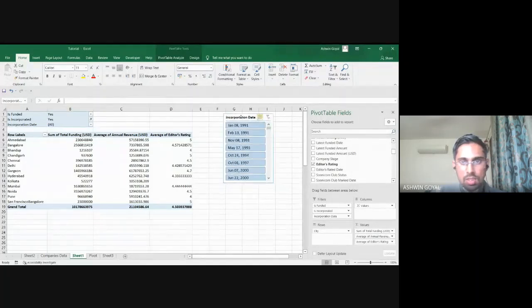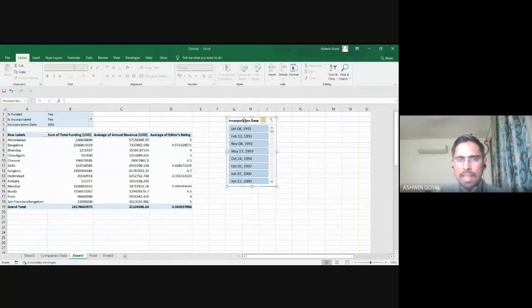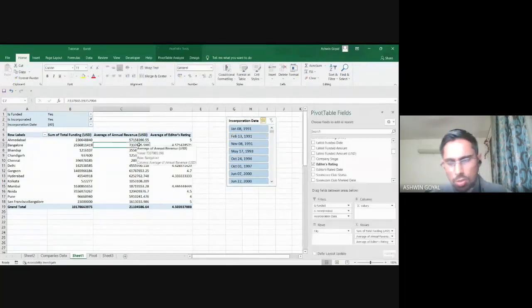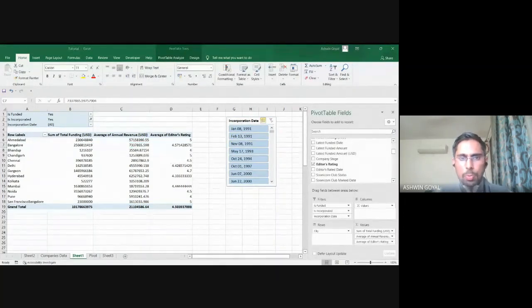So this is a slicer. And I think you can get interview questions on slicers, or whenever you do some analysis and present it in a PPT or something, then also it is very helpful. So incorporation date you want to understand, right? Let me take some